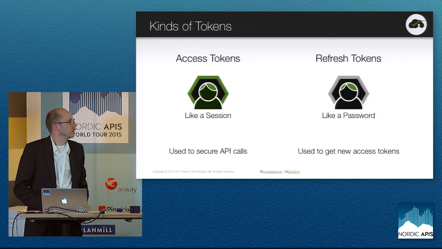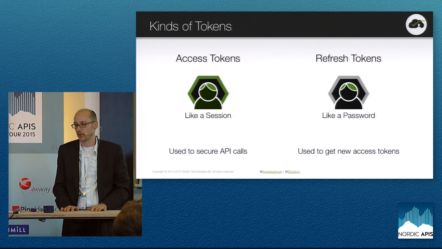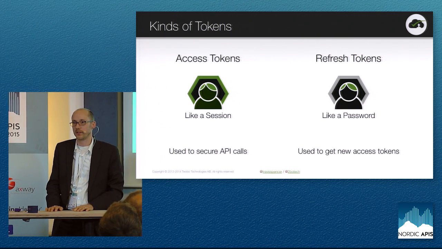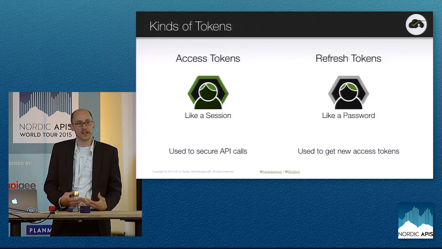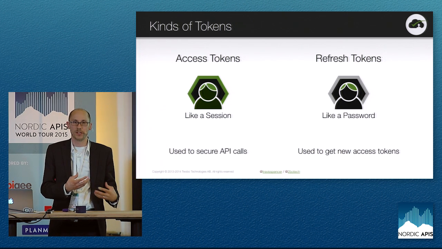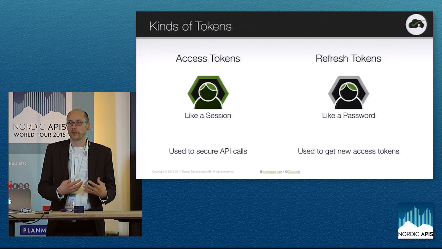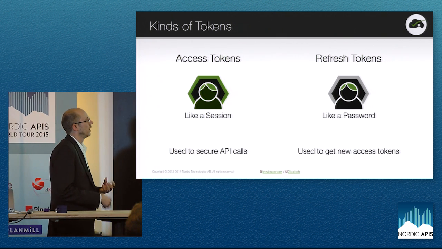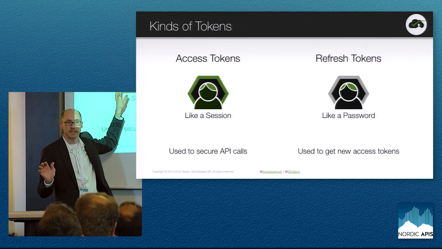I mentioned briefly in that flow access tokens and refresh tokens. These are two kinds of tokens that you're going to be dealing with as you implement OAuth. Think of an access token like a session, and think of a refresh token like a password. So if you go to a mobile application and you need to bootstrap a session, you're going to do that with some sort of password or some sort of long-lived credential. You can do that with a refresh token,